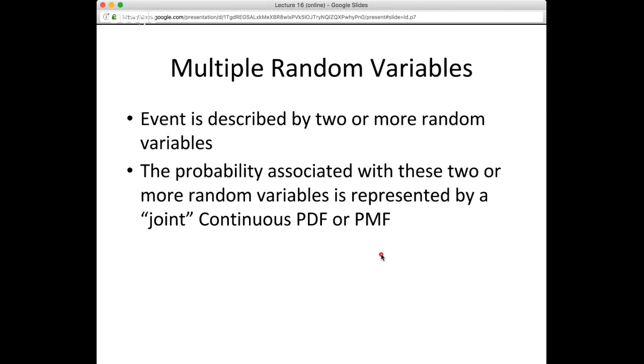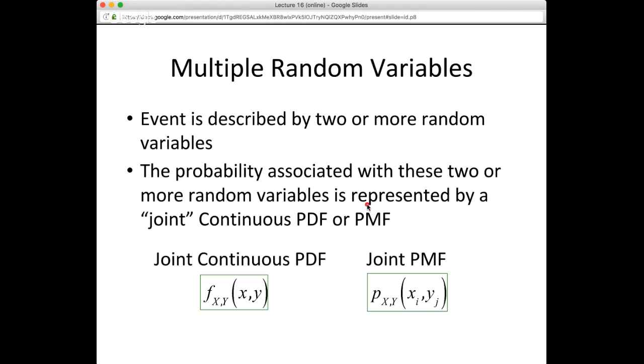And of course, random variables are always associated with some probabilities, so we track the probability associated with those two or more random variables by defining either a joint continuous probability density function, or PDF, or joint discrete probability mass function, depending on whether our random variables are continuous in the PDF case or discrete in the PMF case. And of course, those measures of probability are denoted as follows,